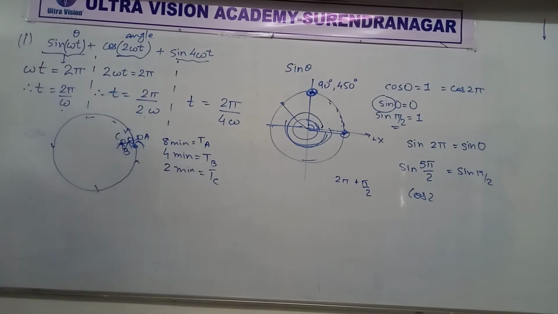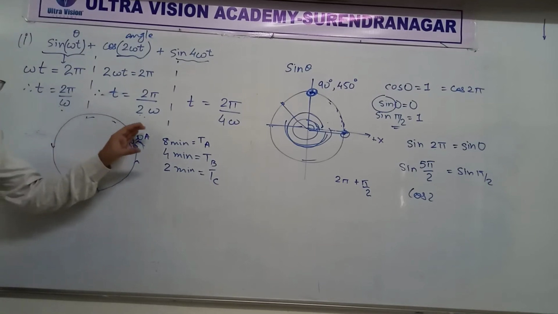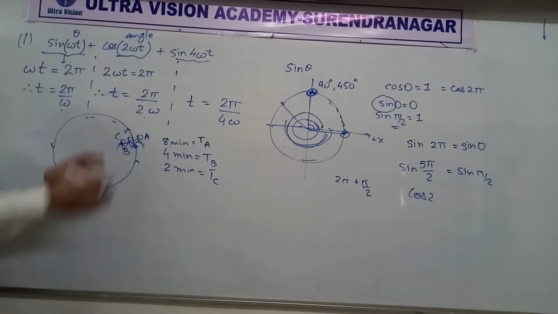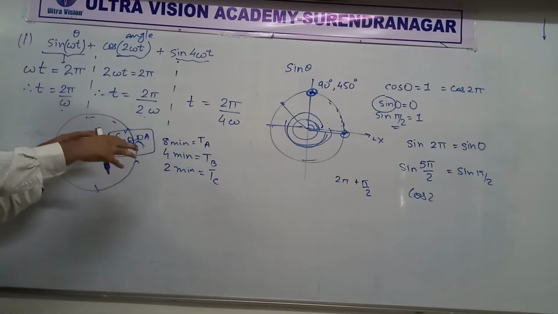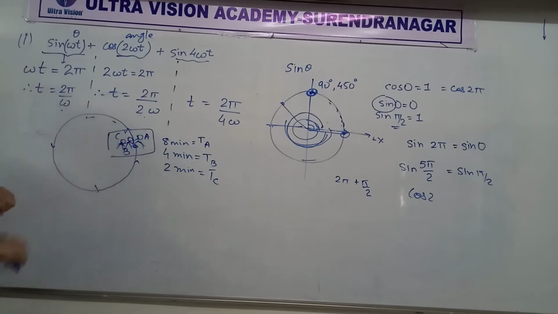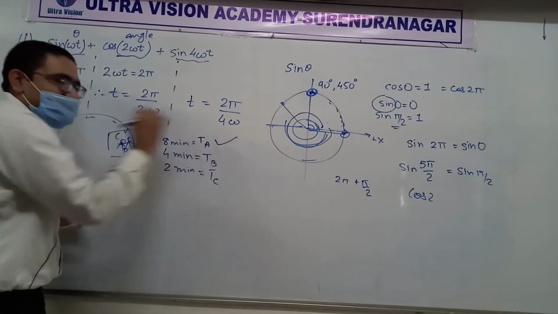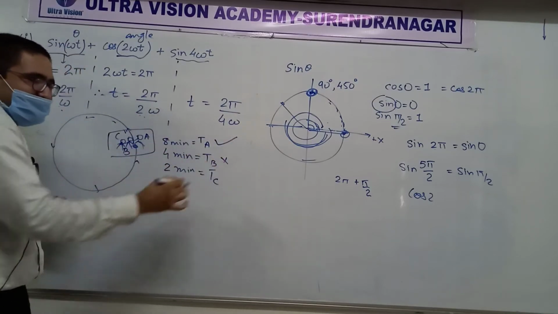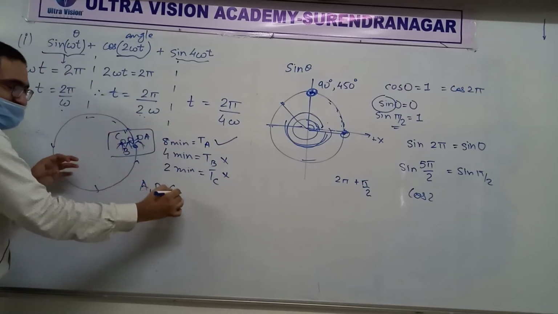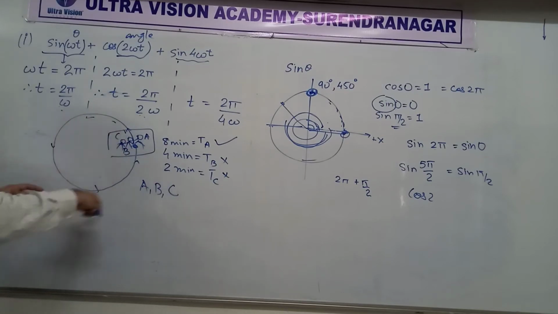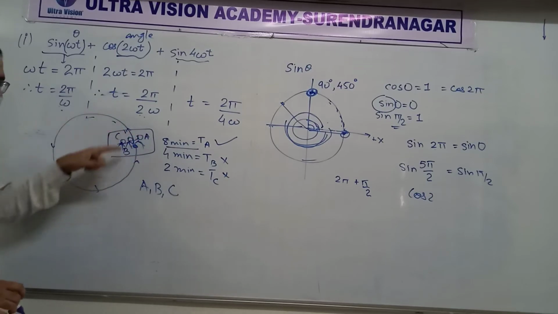So that person is running fast. Well, so do you realize that all these 3 will come back once again at this point, that is whatever is the initial position of the whole thing, that will repeat itself after only 8 minutes, not after 4 minutes and not after 2 minutes. I am saying the complete position of A, B, C, everyone together will repeat only after 8 minutes. Is that clear? It will not repeat before 8 minutes, it will only repeat at 8 minutes, because A will come back here at 8 minutes.